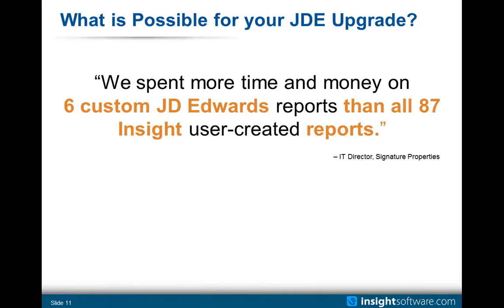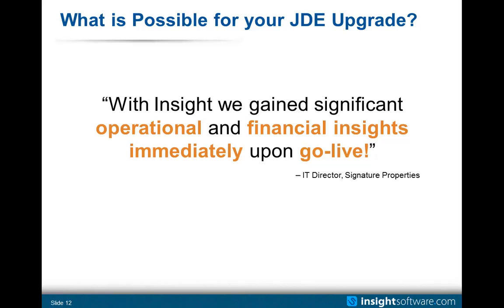So a key here is that it's possible to satisfy your reporting requirements during the upgrade, letting your end users simply create the reports as opposed to tying up developers and building risky custom reports. Next, this customer says that at Go Live, they gain significant insights to their data. We're going to talk about how this is possible, but it's all about end users working with the data throughout